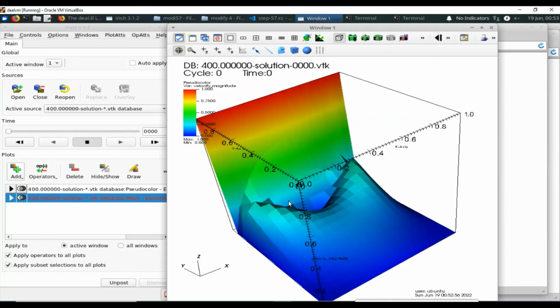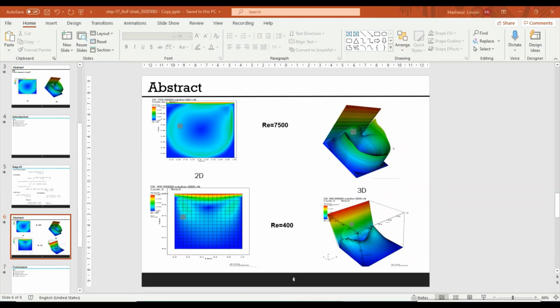Now we can compare, since there was a difference between the Reynolds numbers, so for the velocity the ultimate result would be different like this. So this is basically the difference here for the Reynolds number 7500. You can see the difference in the 2D velocity contour, and also the mesh